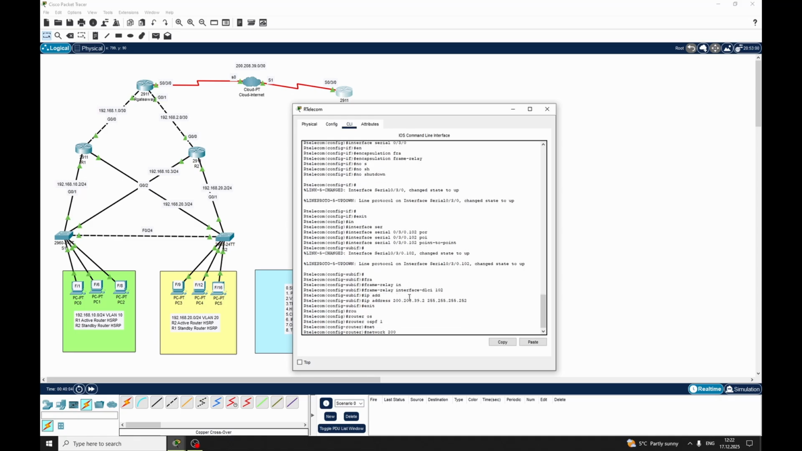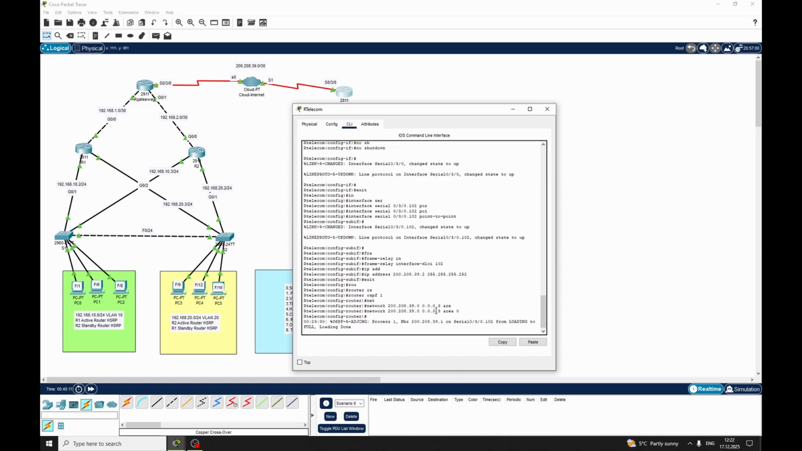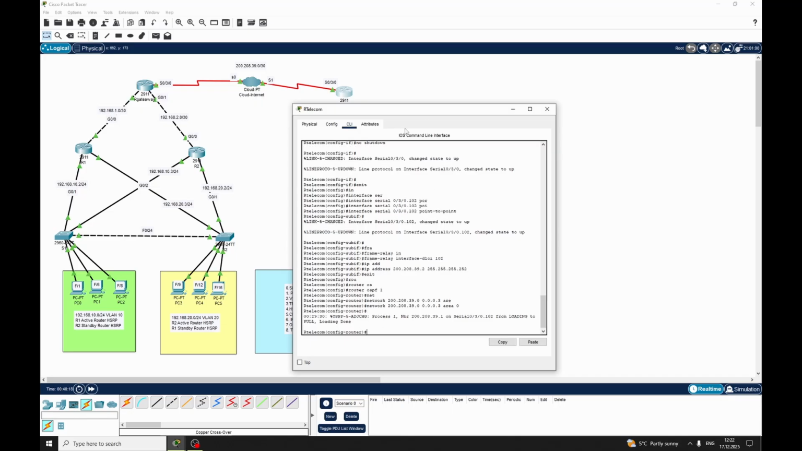Network 200.208.39.0, area 0. It will be immediately .0.0.3 because it's the wildcard mask, and we get the response here. Now